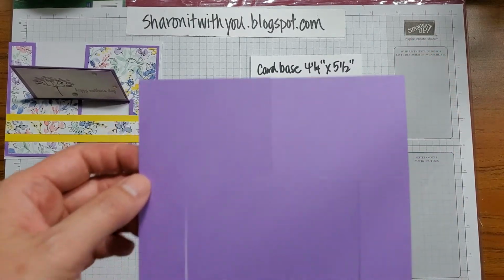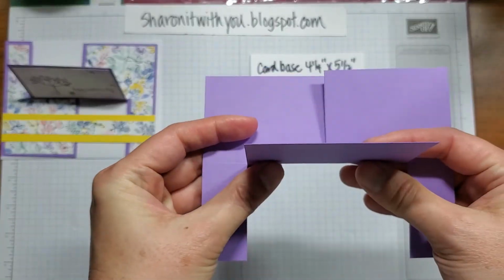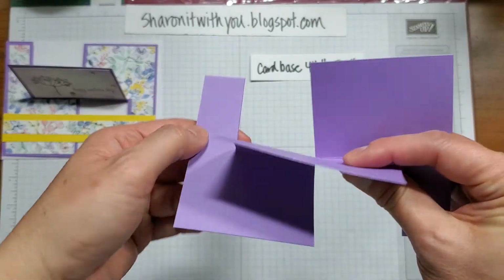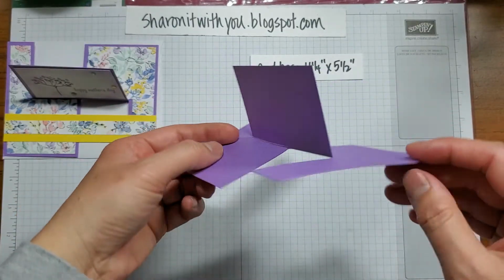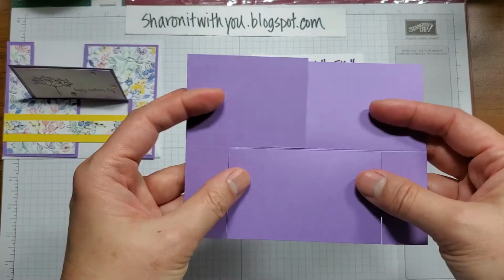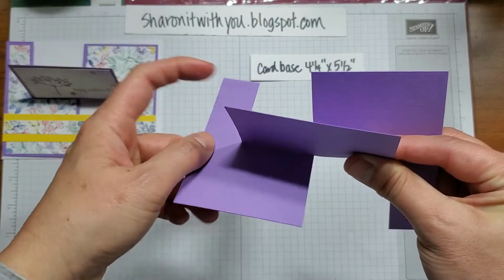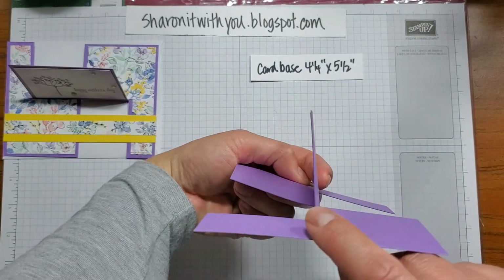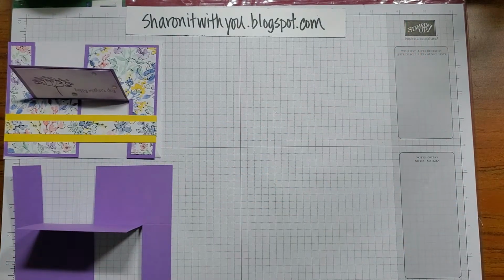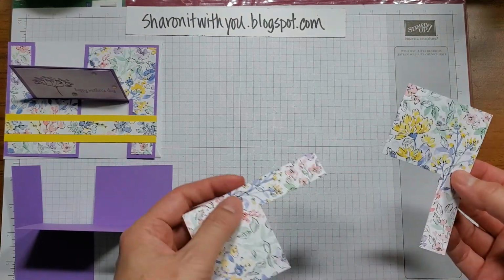And here comes the magic. So you're going to flip up this side here, and then this side you're just going to twist, and that's what makes the impossible card. Isn't that cool? I'll do it again. So you're going to flip this up and twist this side so you actually get the impossible card. I'll set that aside here because the next step is we have to make these two pieces to be able